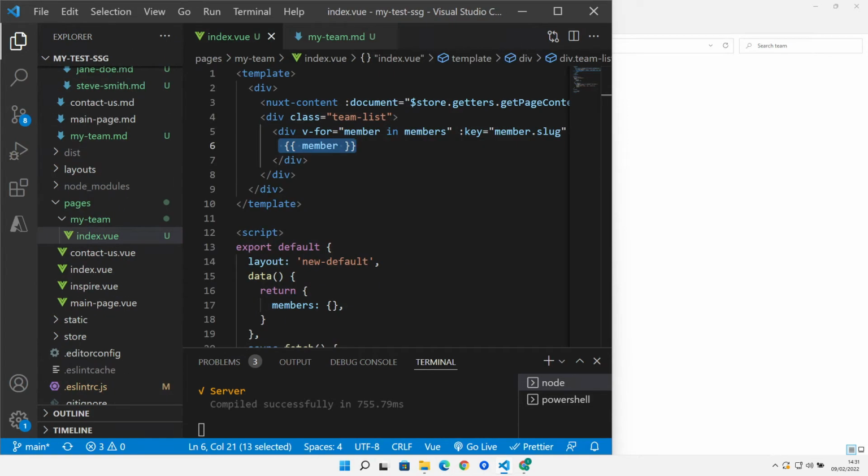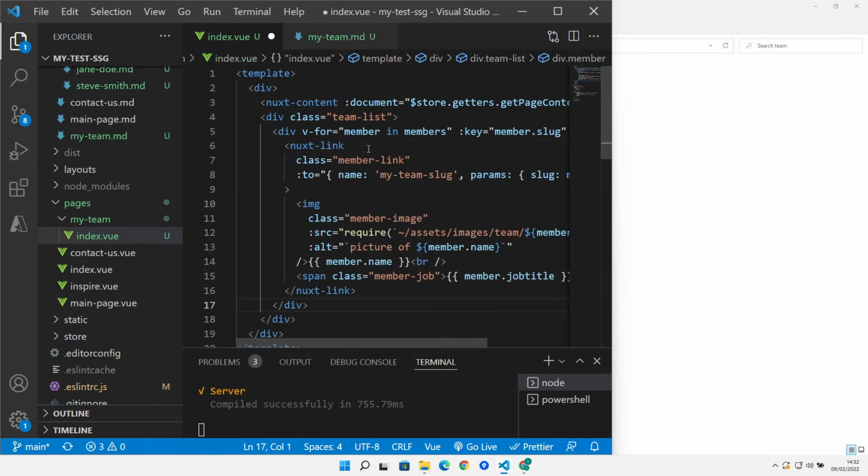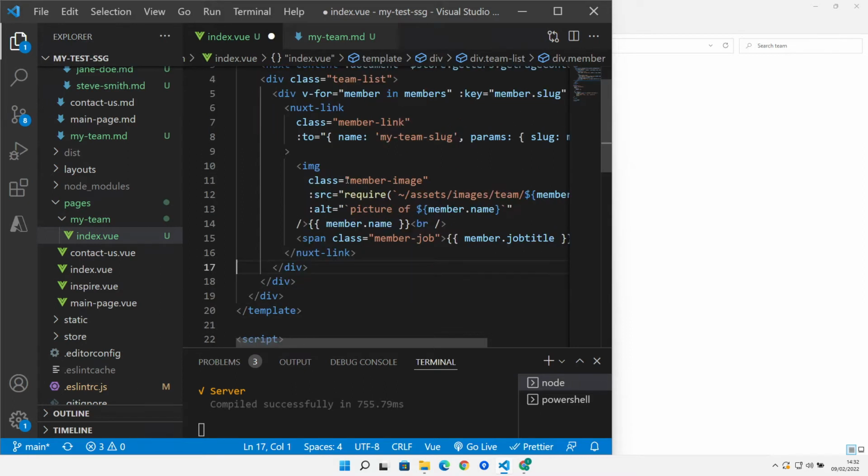We can change the markup that we've got in the team. Instead of showing member, let's just change this and then we'll talk through it. So what we're changing it for is, for each team member we're going to have a Nuxt link, and remember, a Nuxt link is basically an anchor tag. It renders out as an anchor tag,